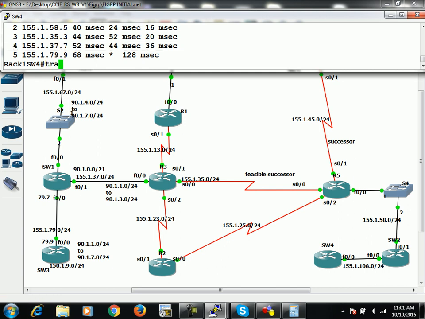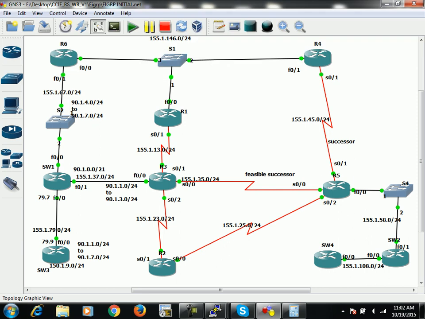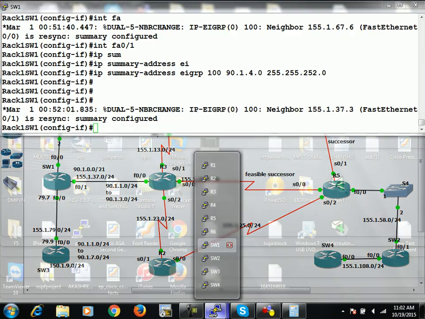But if you trace route 4.1, 45.4, 146.6 and 67, which means it is going in this way. So it has proved now. Apart from it, you could also do